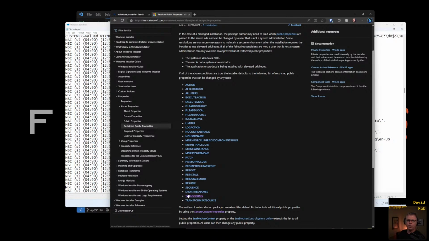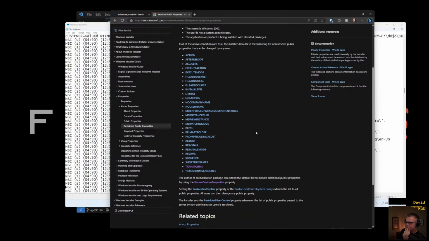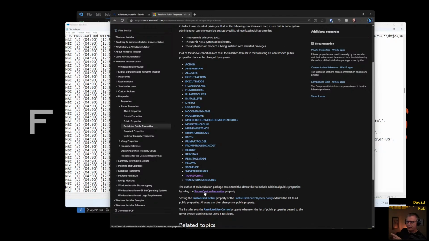These are built-in Windows installer properties that they pass along, basically that they need to make sure things will work properly across that. You saw that we added the action. The action said install. That's because we're doing an install. The actual change if we're doing like an uninstall, things like that. And there's all these other things. All these are different uses. And by adding properties to the secure custom properties, or in WiX by marking them secure, you can add to this list to make sure that in these situations where you are not a system administrator, your properties will get passed across correctly. I think that's the problem.